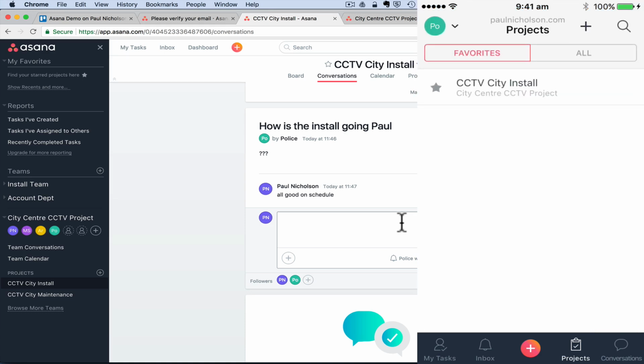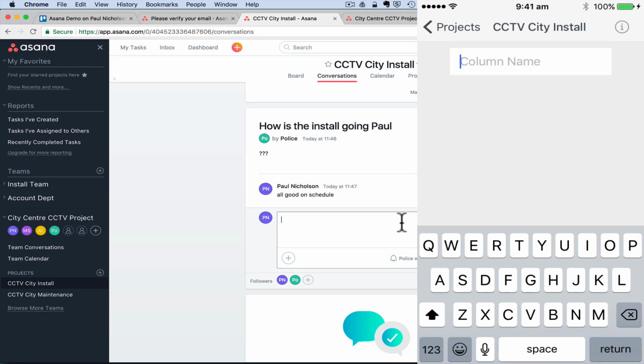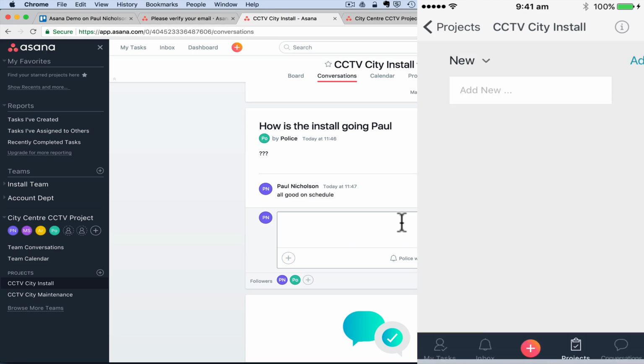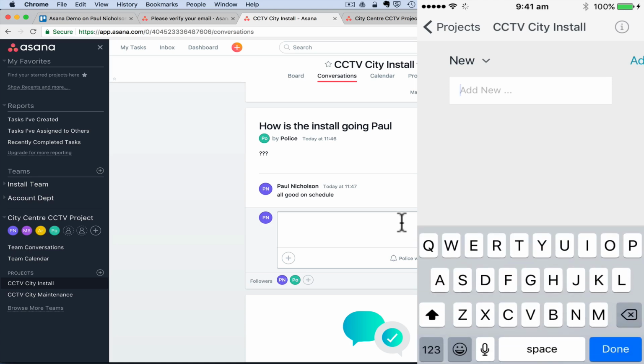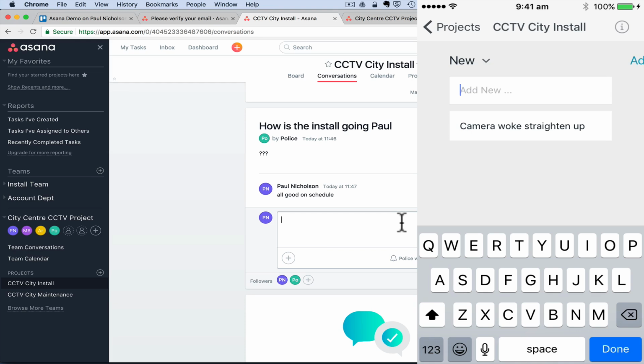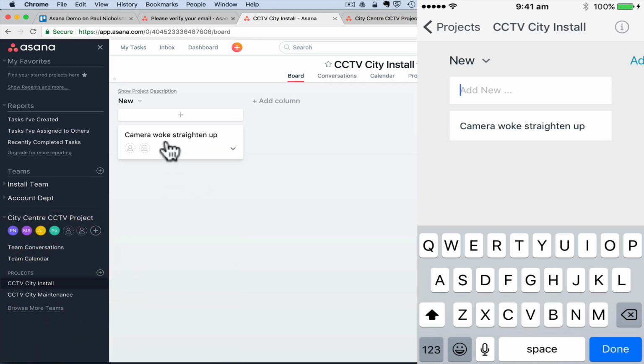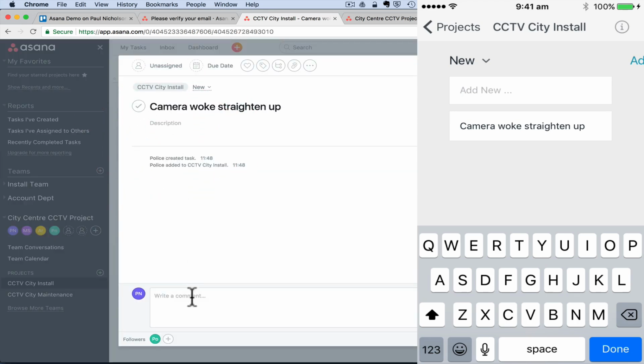So if I go to projects, CCTV install, add a column, new, camera, wonky, straighten up. So if I go to, there you go, camera woke. That was supposed to say wonky, but that's so be careful using Asana on your phone with autocomplete. So yeah, you can use it on your phone. Obviously, you would